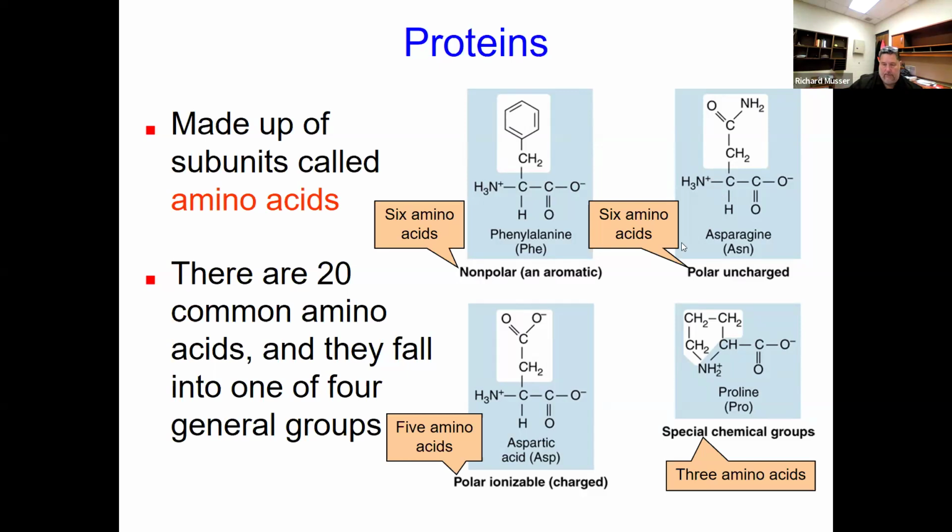These are examples of amino acids. And again, there's around 20 different types. And then you find about 6 or so amino acids representing each of these different types. You have phenylalanine, asparagine, aspartic acid, and proline. These are all examples of amino acids. And so what you see for amino acids is an amine group and a carboxyl group. So the amine group is the nitrogen plus the 3 hydrogens. And remember, that come off as covalent bonds, like these lines represent shared electrons.